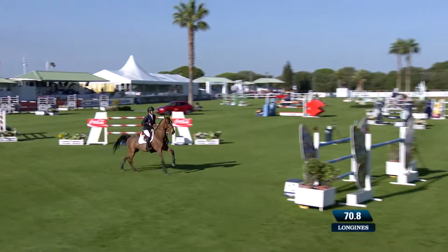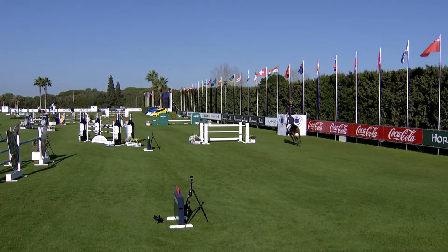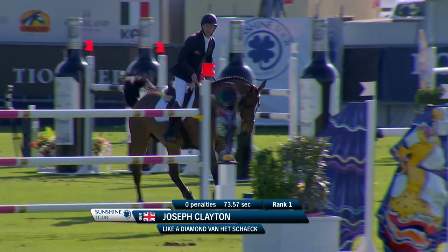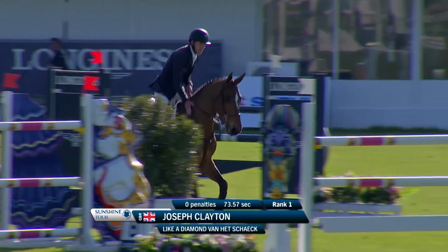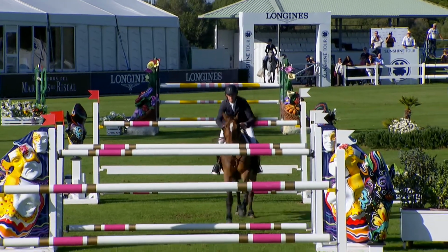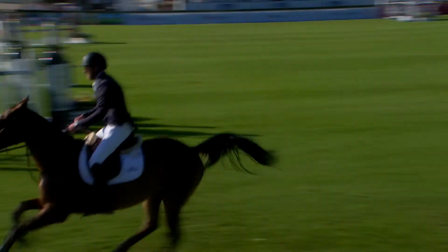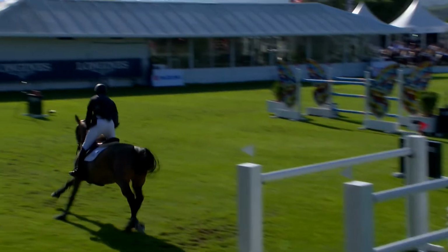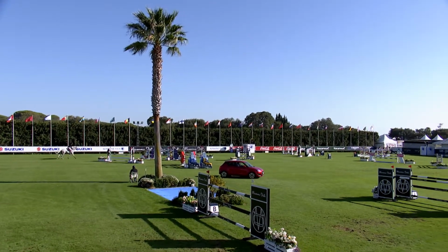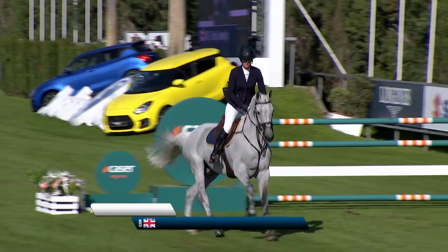Beautifully timed and clear. So this is our 12th clear round now. And joining up the lineup is Joe, really a very fast rider, so he will be in a very good position to jump off, 12th of the riders for the jump off. With just 4 to go,